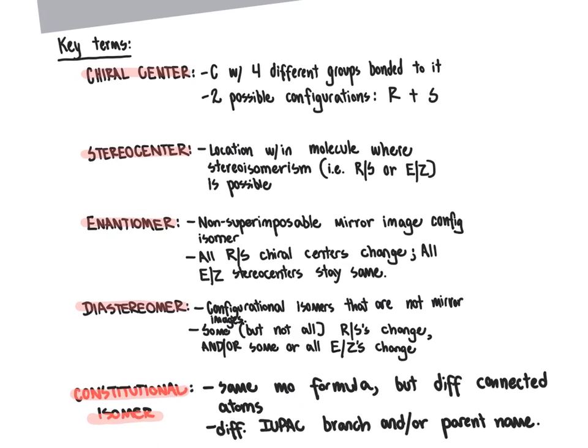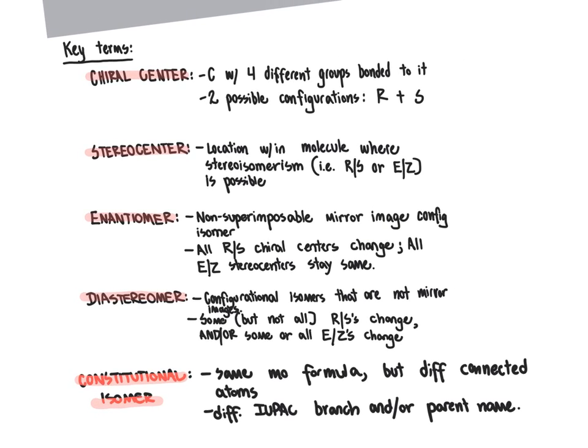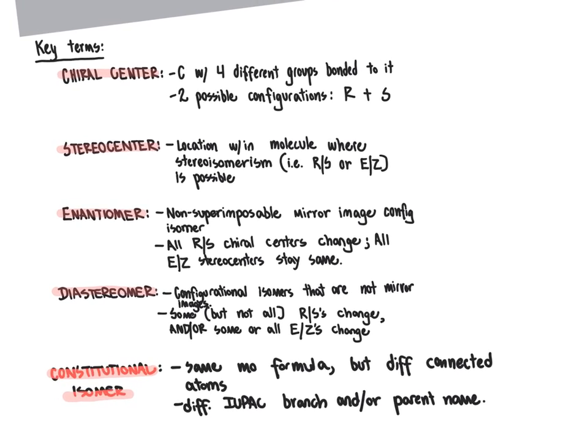So the terms that we're going to look at here that we'll be applying later on to example problems are going to be first and foremost the term chiral center. Now, thinking back to chiral centers, remember that was a carbon atom that had 4 different groups bonded to it. And those chiral centers were what we could identify as R or S, depending upon the rankings of the 4 groups that were bonded. And typically we would show a chiral center as a tetrahedral carbon, meaning a carbon with a couple of lines, a wedge, and a dash to make that tetrahedron, showing all those 109.5 degree bond angles